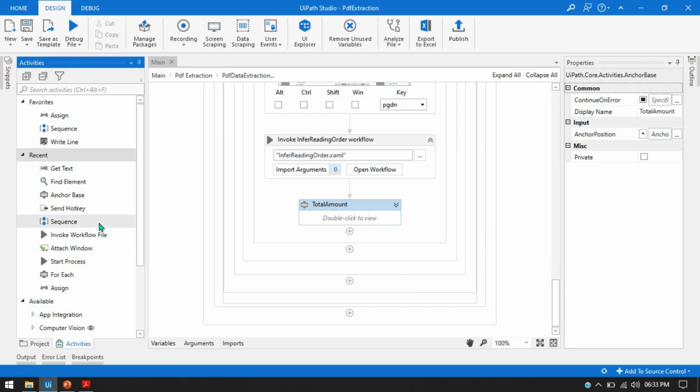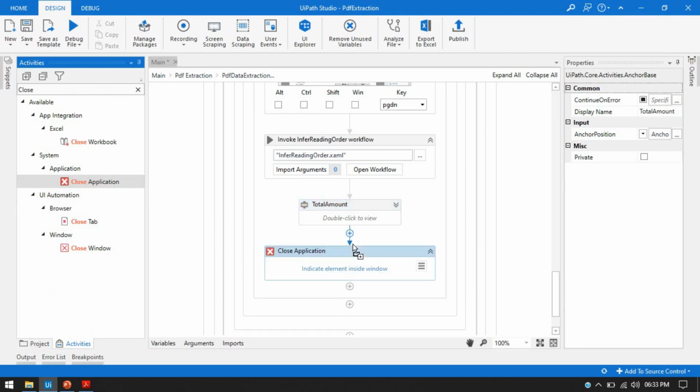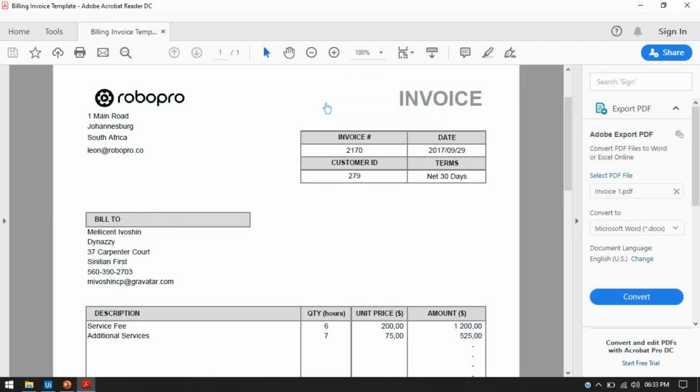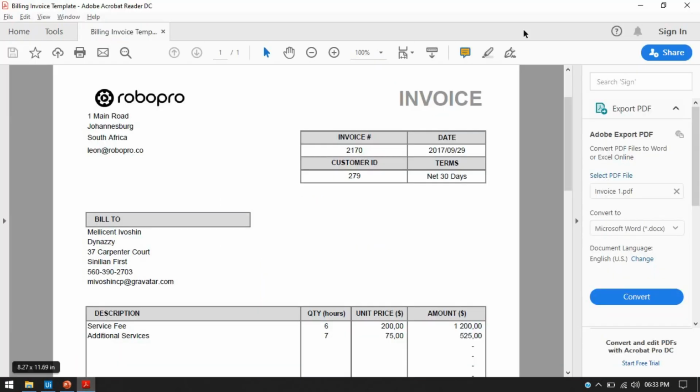So for that, we'll take a close application and we'll just click here, put here, and then indicate element and click on this. So this will just close this PDF every time. Now close this,